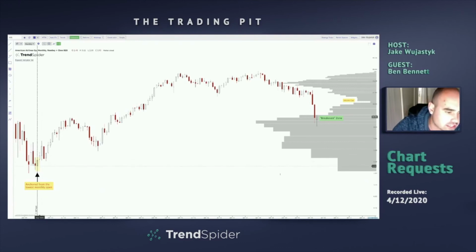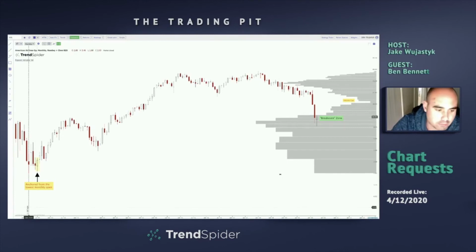Notice what I did here, though. Notice that this March 2009 was actually your kind of intra-month bottom here, which actually had a lower low than you had in July. But what I wanted to do here was anchor, because this was actually our lowest monthly open. So it's a little bit of a different perspective there. If we move it from here to here, you're barely going to see any difference. It's just kind of a preference.